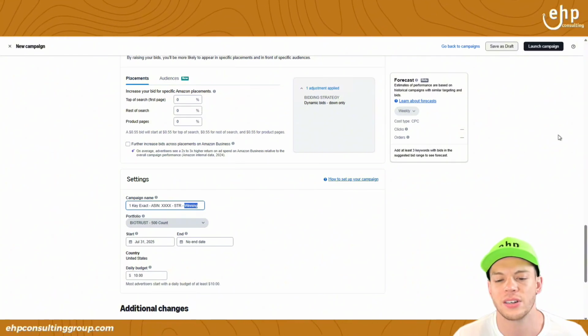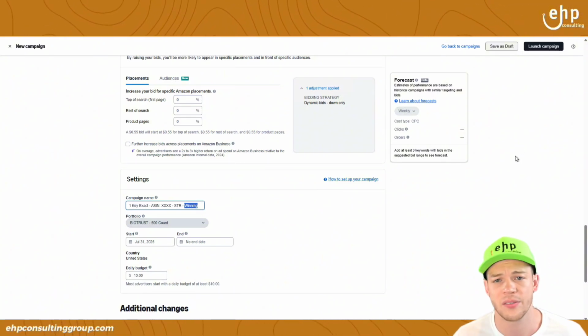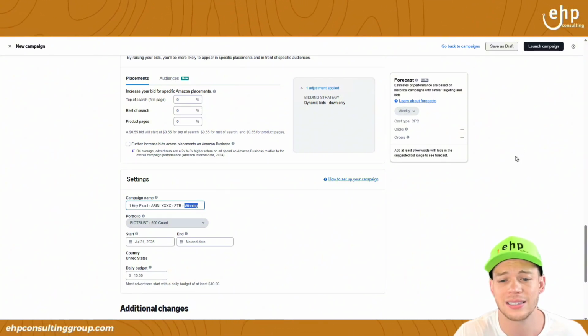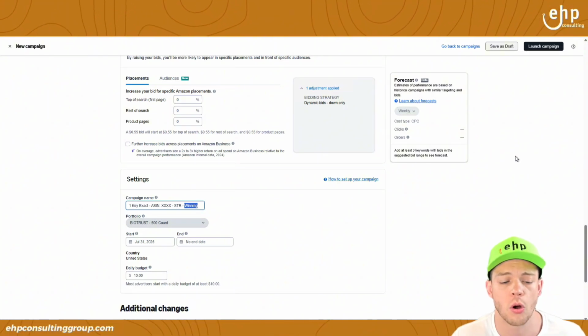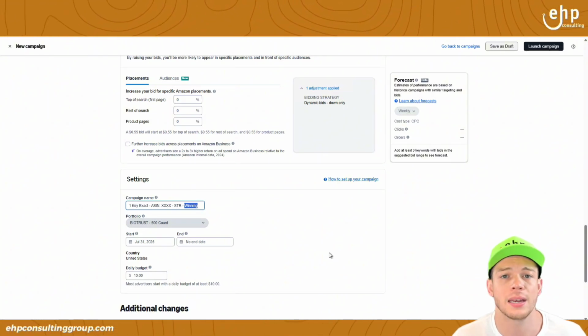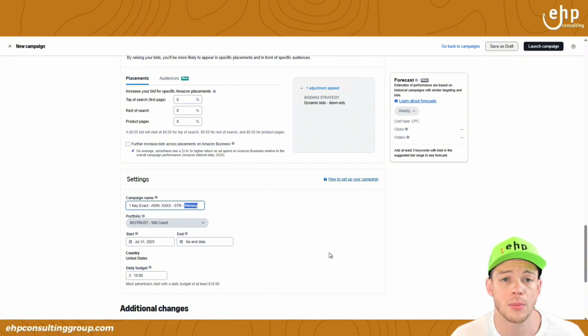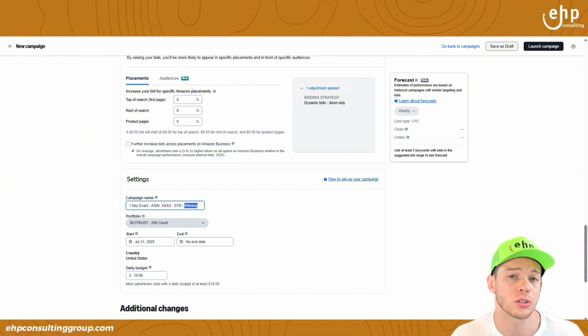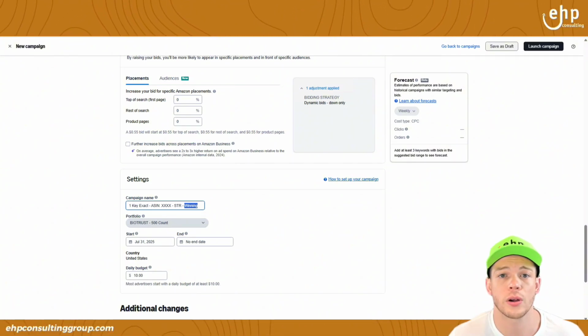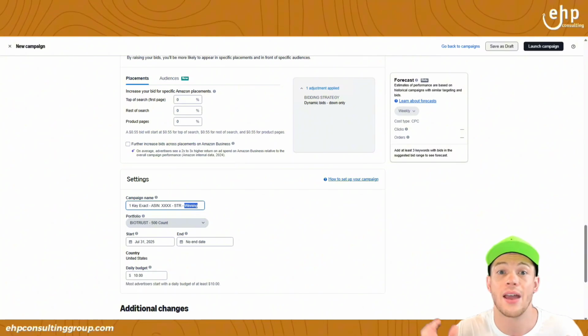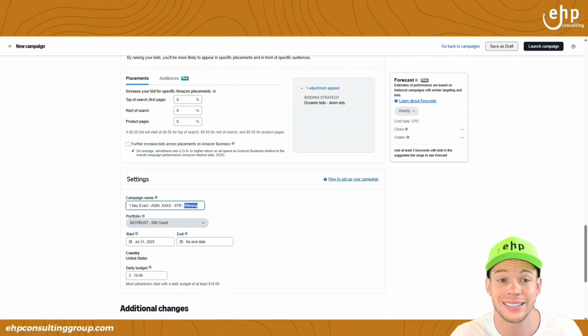Okay, so that way, if it does bad in the first 7 days, I don't just give up on it. I double check and see maybe I'm overspending or something's wrong. Then I'm just going to do $10 daily budget, run the campaign, monitor it, make sure it's spending money, and I should see great results. Now, if you're still not seeing great results, and you're doing this every 14 to 30 days consistently,